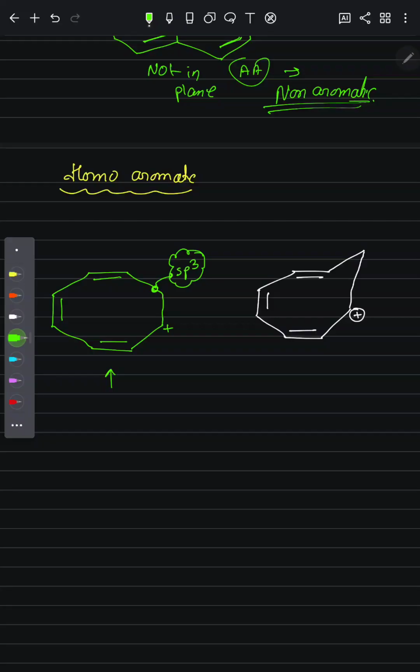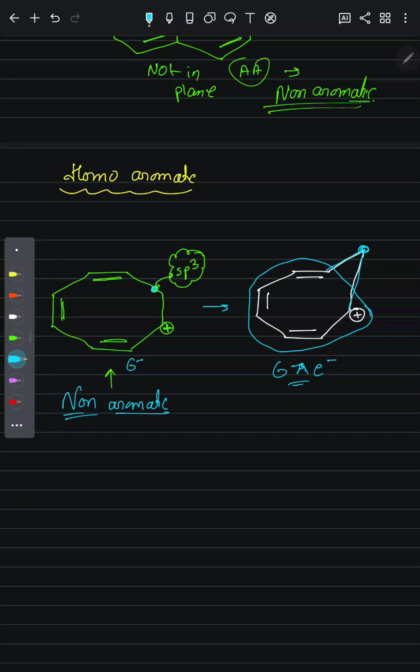So according to the previous rule, as we have counted, it has 2, 4, 8 and a positive charge, and one sp3 carbon is present. So according to this rule, it has to be non-aromatic because an sp3 carbon is present. But what will happen in this molecule is that this sp3 carbon will go out of the plane. So this carbon is not in the plane, and this molecule will form an aromatic-like structure. So 6 pi electrons,